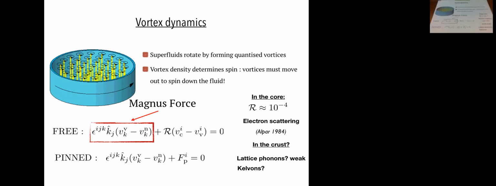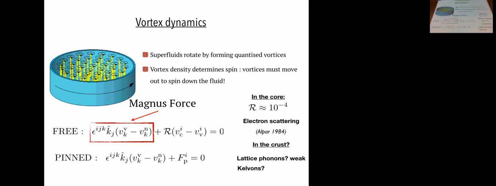And so what do we usually take for the origin of mutual friction in neutron stars? In the core, the idea is that you have electrons scattering off the magnetized cores of these vortices because you have entrainment. So you get a proton current around the vortex, and then electrons scatter, and that gives you this value for this dimensionless parameter, which means that for a standard neutron star like the Vela, you would have a coupling timescale of, say, a few seconds, which is more than consistent with what we observe.